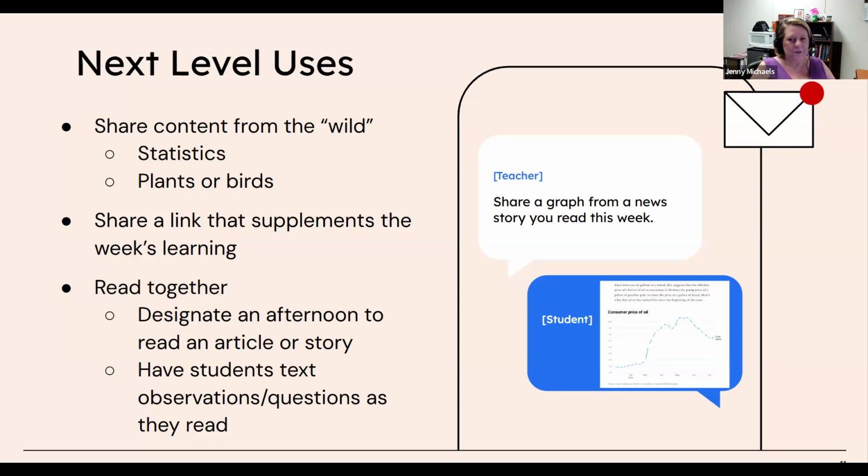Or another one, and I'd seen this idea in other places: we have this reading assignment due Friday, so we're going to read together on Thursday, and between noon and 7 p.m., when you're doing the reading, send out those messages. What are you thinking? What struck you? It's a little bit of a group read, a way to read in community while not actually being together. And hey, maybe students would actually do the reading. Someone puts in, oh my gosh, that part was so exciting. Wait, I haven't read that. Let me get to it.